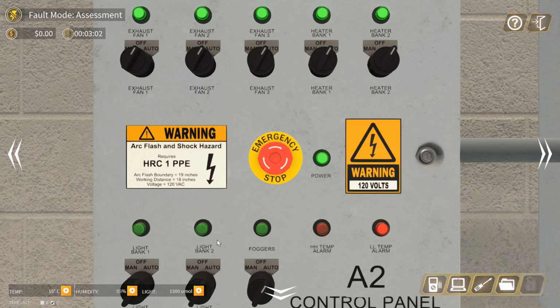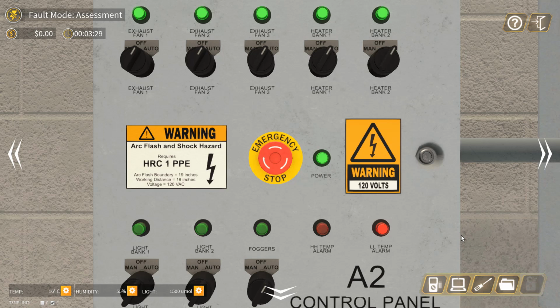As for the humidity, I'm not very sure, because humidity usually controls the foggers. It has direct control, because when the humidity is low, that means it is very dry. We need the foggers to turn on to produce fog so that it can increase the humidity, and vice versa. At the moment, I do not know the humidity set point, although I can use a PLC logic diagram to